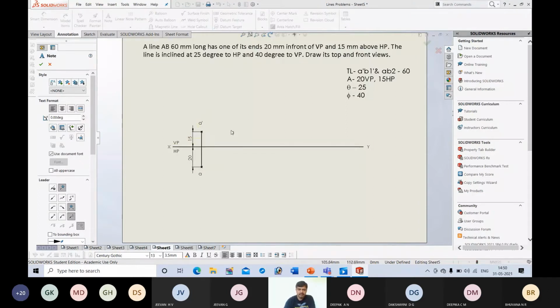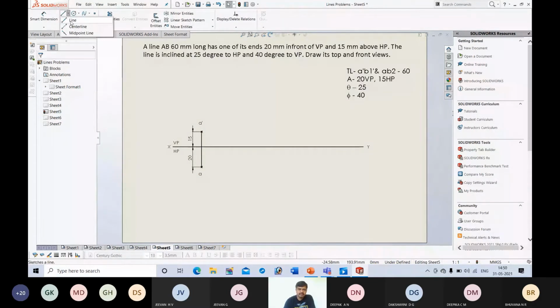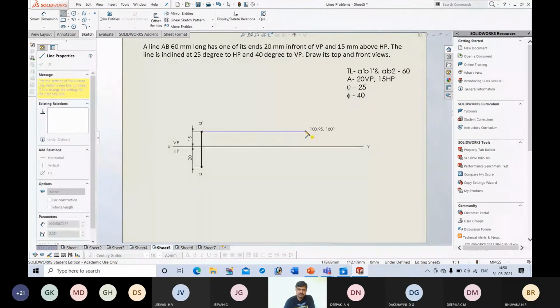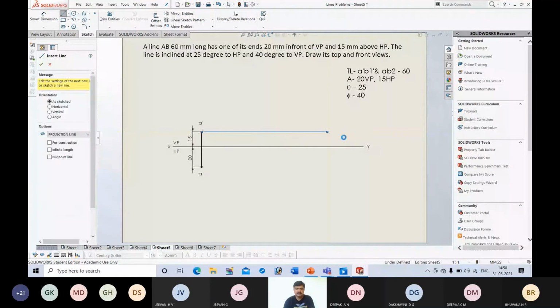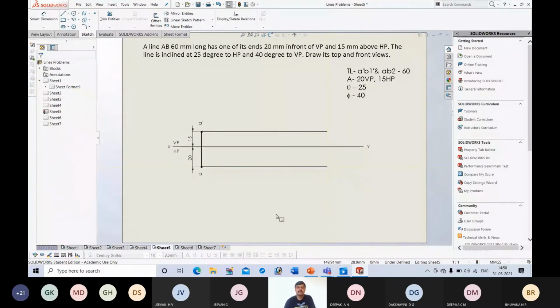So after locating a point, immediately what you should do is you should draw a horizontal line from these located points. So they are called as locus. This is applicable for all problems related to line inclined to both the planes. So you have to follow the same procedure. So I will draw locus, a horizontal line to convenient length. Again I will draw locus of A. So this is locus of A dash and this is locus of A.